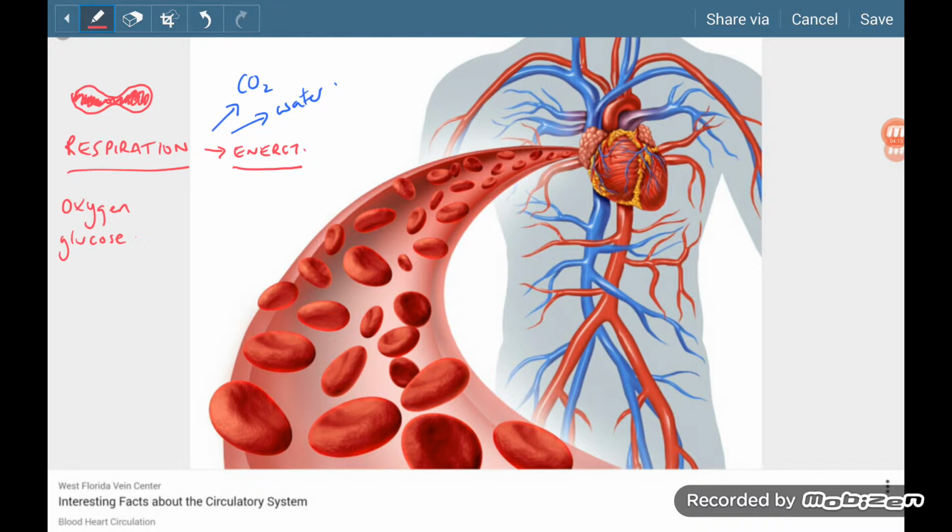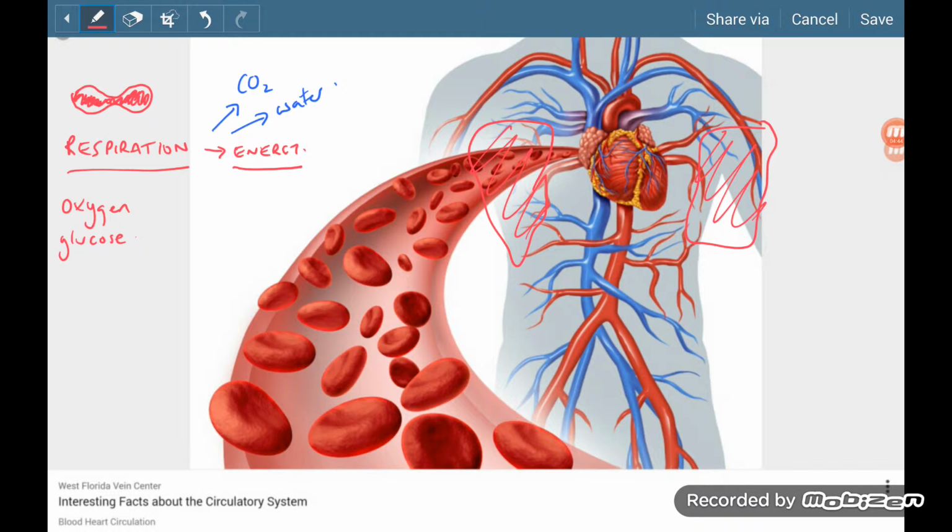So more specifically about the circulatory system, well, what does it consist of? Well, we have the heart, which is the pump, which is going to give the force to the blood so it can move around the body. And not really shown here, we have two lungs either side of the heart. Just kind of drawing those on here. And those two lungs are going to supply the oxygen. So we breathe in